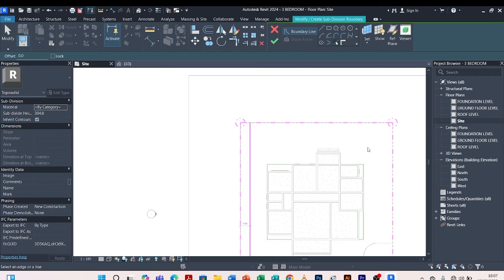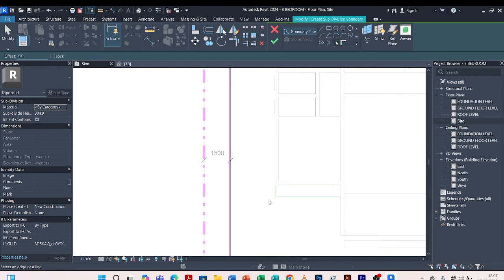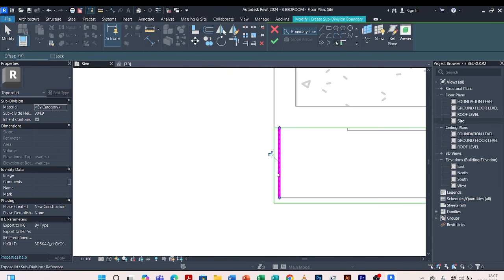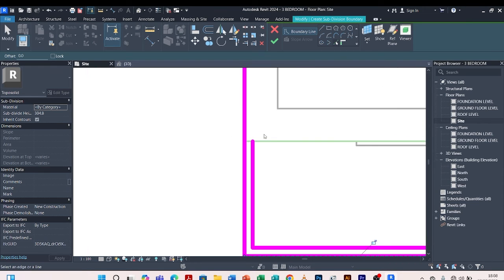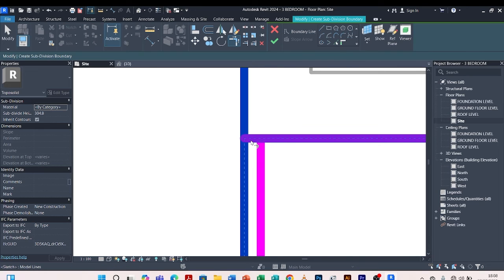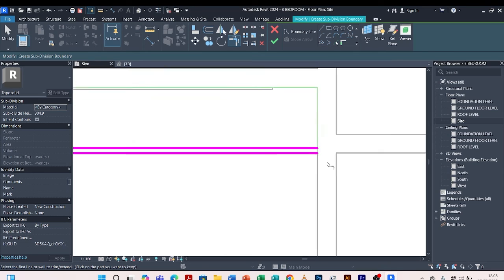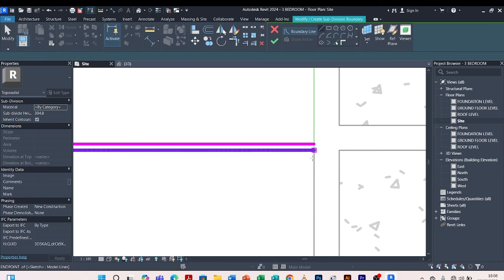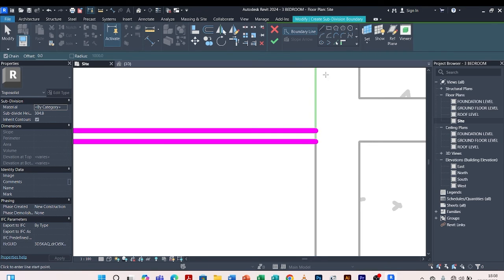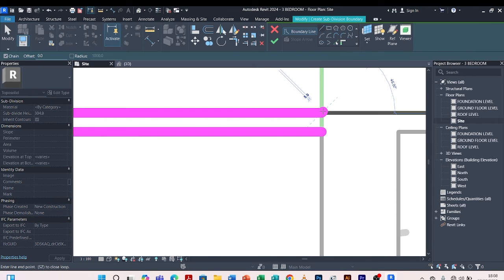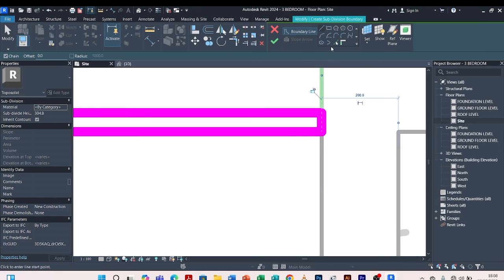I join this, I pick this and this, this and this one, I join these two, this with this. For these small ones I can just draw them. I use pick this instead of pick lines. I click on the first option, I draw them,